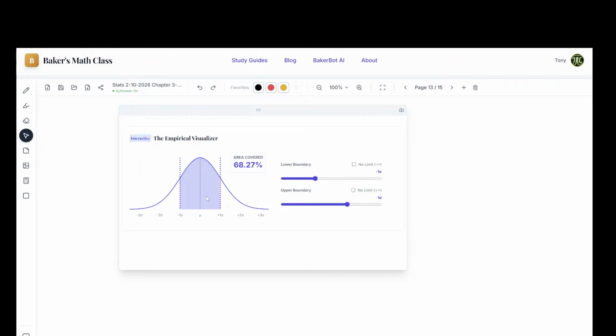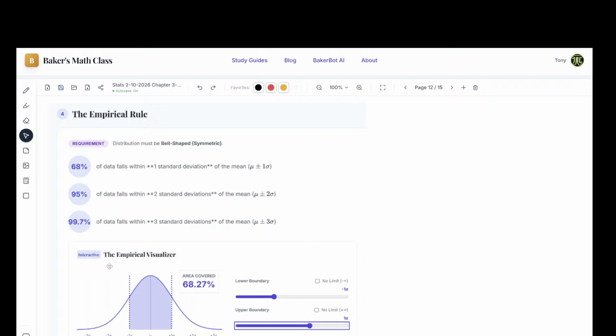What's this curve here called? That is the bell curve. And I said we're going to use it a lot. This graph is what? Is it skewed left, skewed right, or symmetric? This is symmetric. Okay? So standard deviation, the empirical rule that we were just talking about, assumes that the graph is a bell curve and symmetric. So this empirical rule that we're looking right here assumes that.